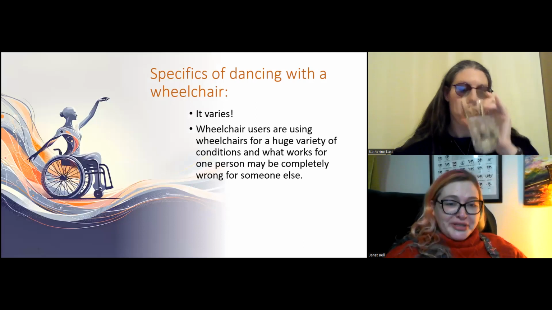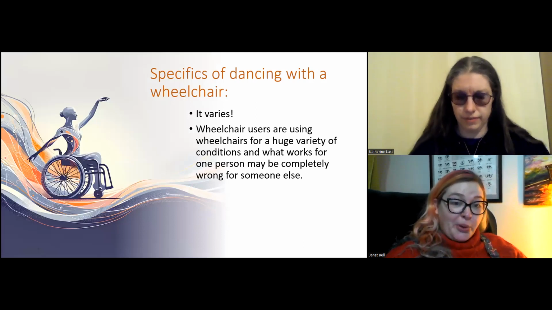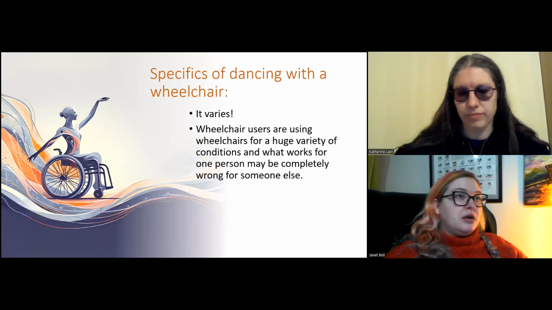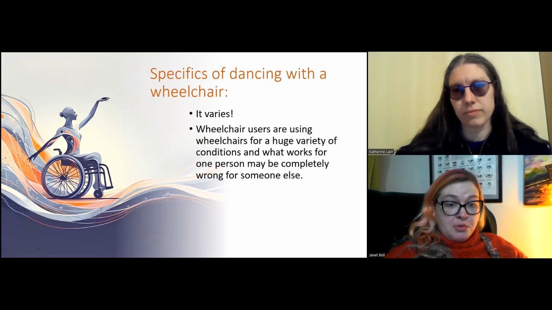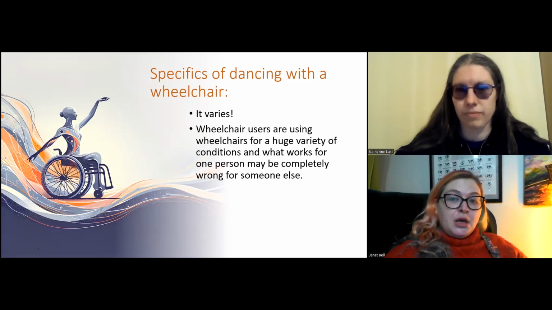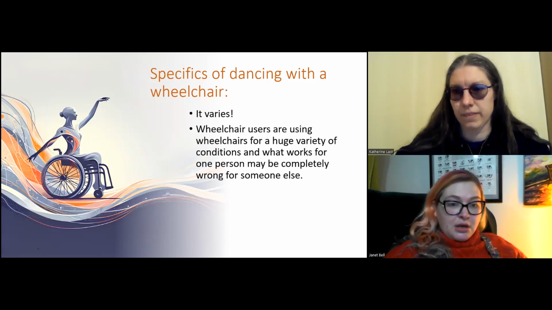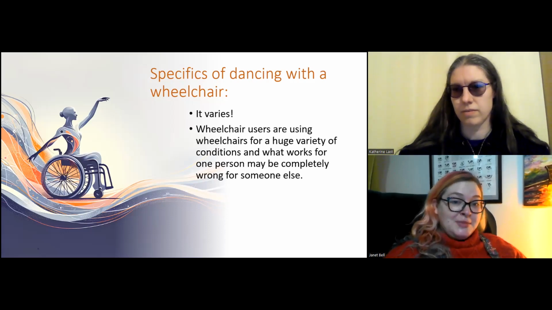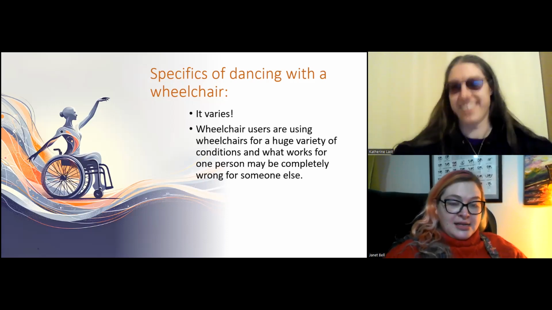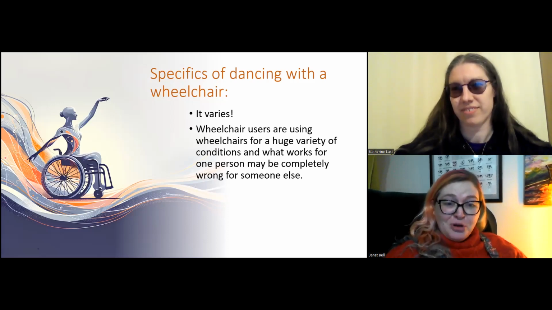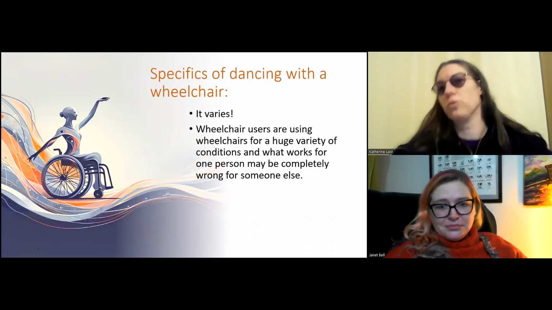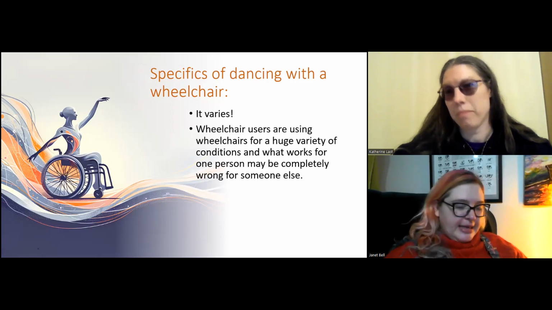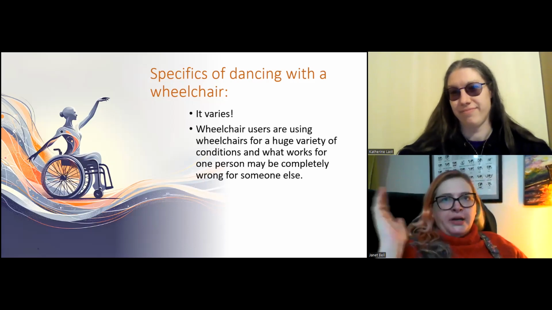Okay, so specifics of dancing with a wheelchair. The first point is it varies. There are thousands and thousands of different reasons why you might be in a wheelchair, and for each of those you might need to dance in slightly different ways. Something that I find is different to Cat is that Cat can be spun at any speed that you can get the wheelchair round at, whereas with me, you're more limited by how fast my motors go. And also, if you try to swing the way I swing, your shoulders will pop out. That is very true. Yes. Mine won't.